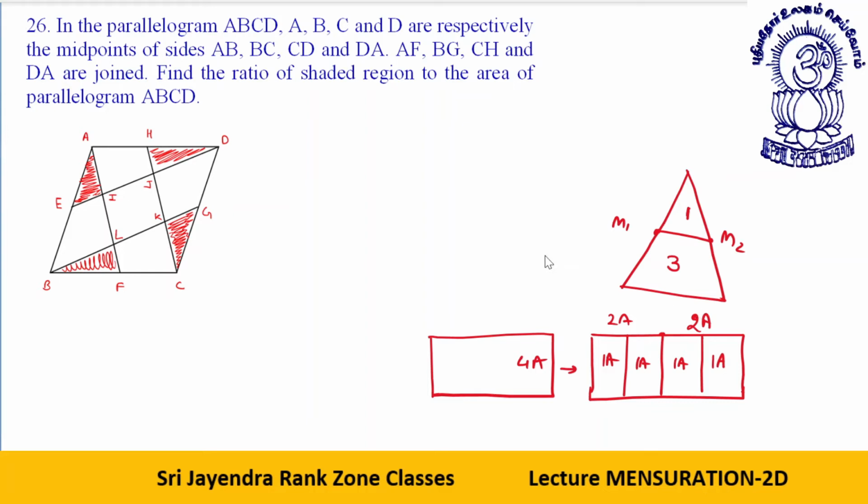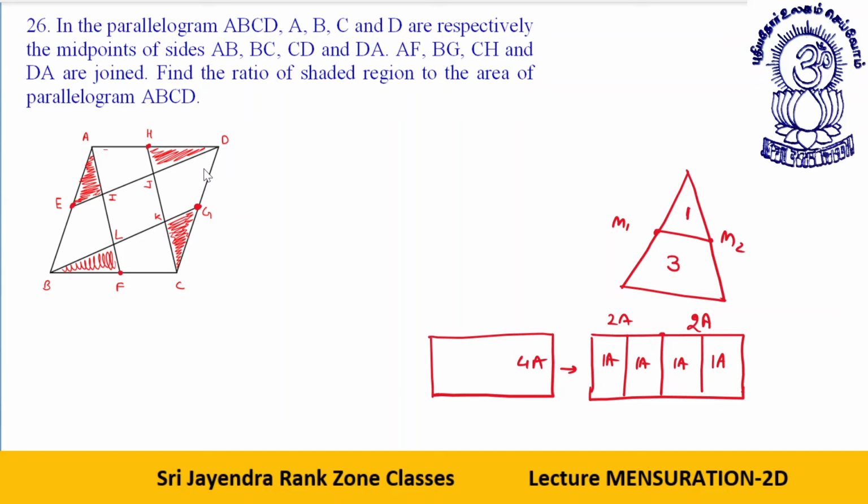We are being provided that this is the midpoint of this side, this is the midpoint of this side, this is the midpoint of this side, and this is the midpoint of this side. These lines are parallel, these lines are parallel. So by using the concept of basic proportionality theorem,